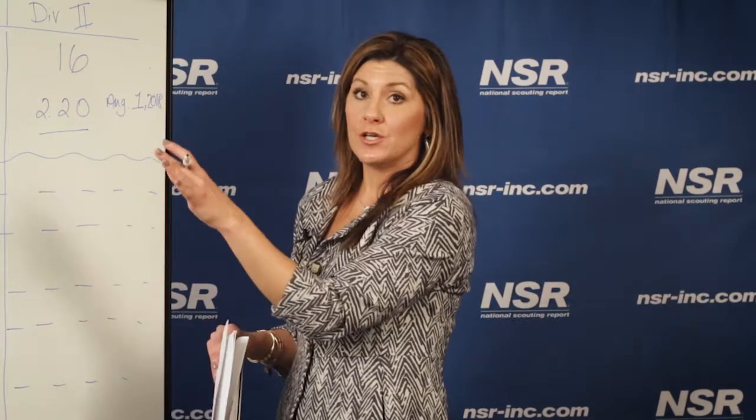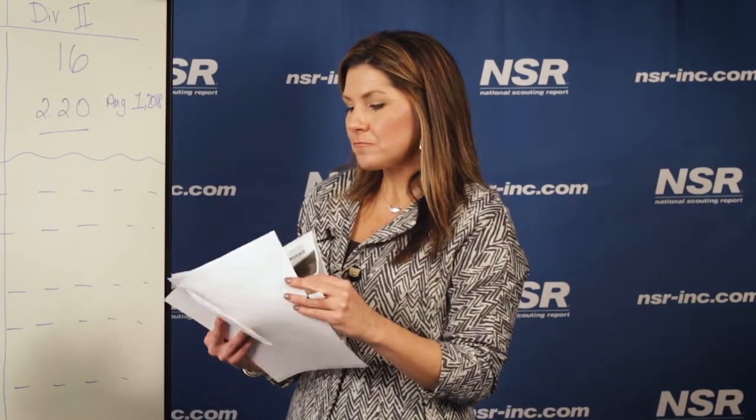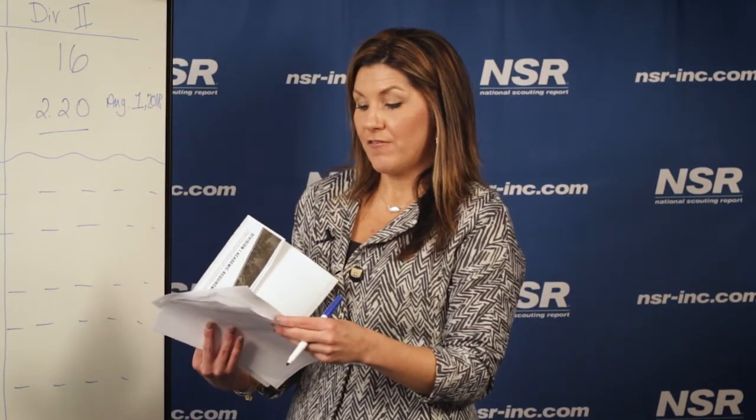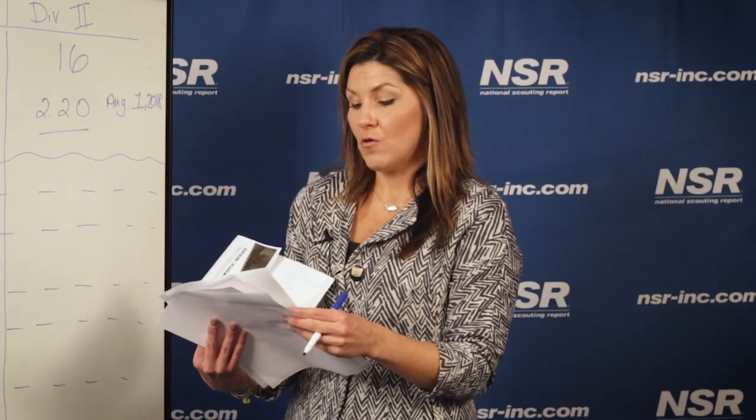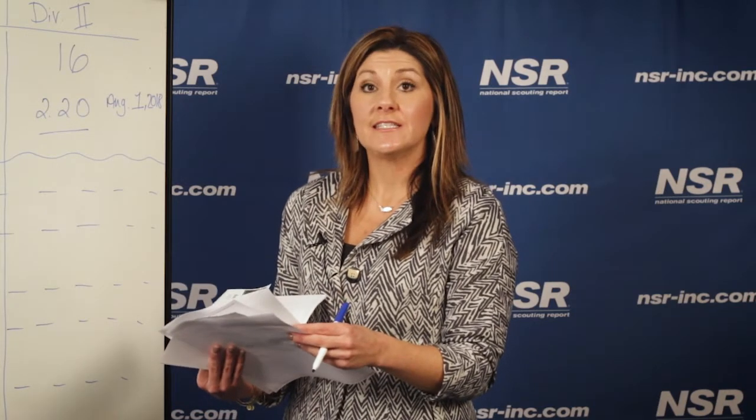So that's Division II. Also for Division I and II, you have to have an ACT or SAT score that meets the same requirement with your GPA. There's a sliding scale on the NCAA website. For instance, for Division II, if you have a 3.0 GPA, then you have to have a 580 SAT score or a 46 ACT sum. That's the sum of your ACT subscores added up to be a 46 if you have a 3.0 GPA.